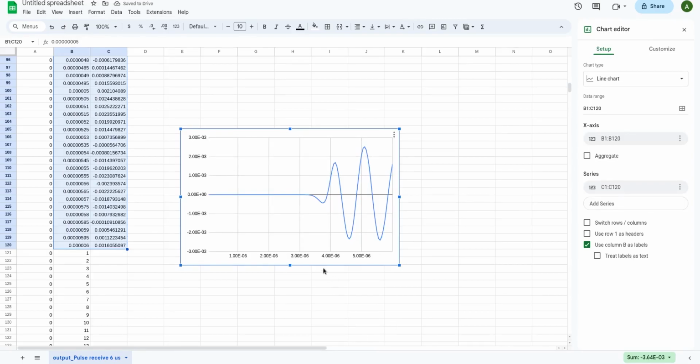Indeed, you get close to nothing before 3.5 microseconds, and then you start receiving the voltage, and you get more than one oscillation, because the membranes keep on vibrating, of course, a bit depending on the Q factor. They keep on vibrating more or less after the first pressure wave has arrived. But this is concluding our pulse echo